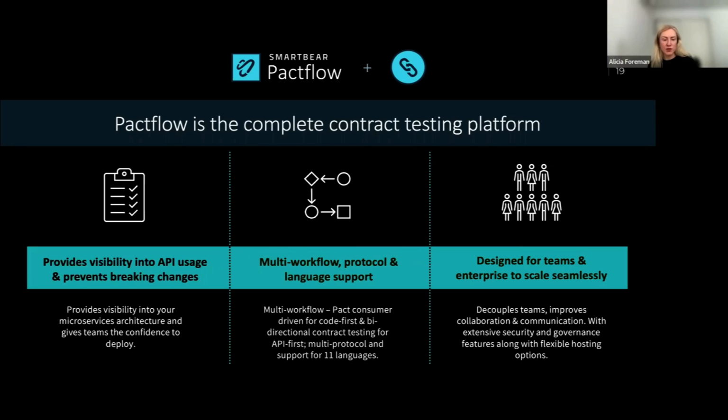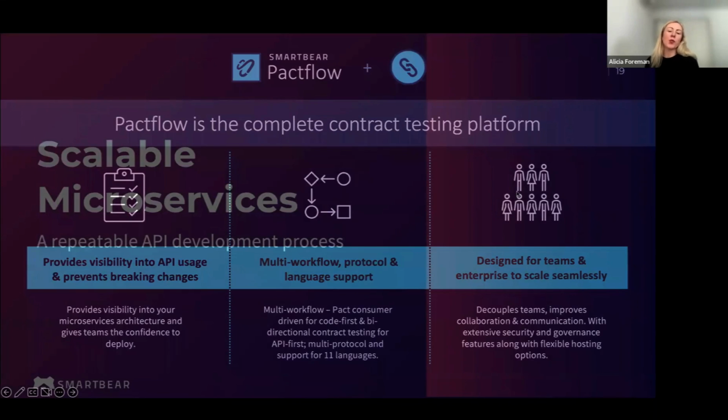All right, so I have discussed the challenges of testing and microservices, those complex architectures, that chaos, and I've talked about a bit of an antidote, which is contract testing. And I'm going to hand over to Matt, and Matt is going to talk about what a microservices API development workflow looks like.